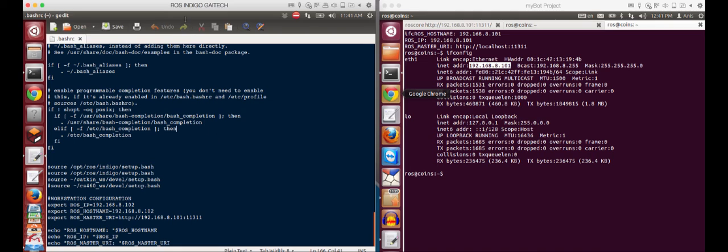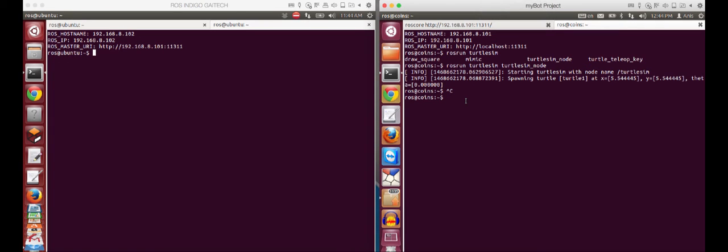Exactly the same thing you should do in the workstation. You have to specify ROS IP and ROS hostname as the IP address of the workstation. Same thing for the ROS hostname. And then the ROS master URI must specify the remote machine. In our case it's the robot machine, so this is the IP address of the robot machine, as you can see here. Doing so, you will be able to develop programs that run on your workstation and control the robot machine.